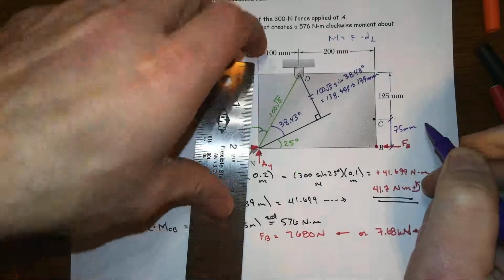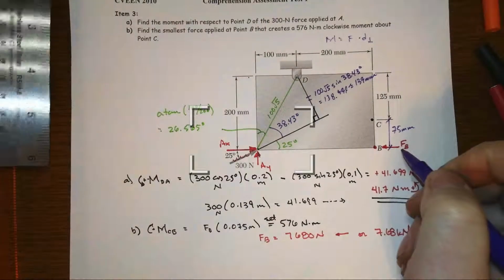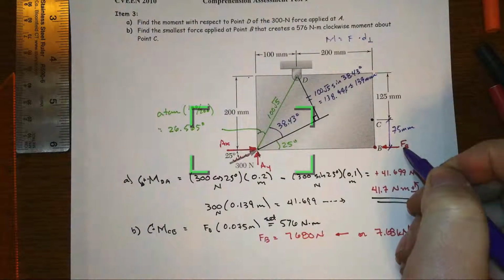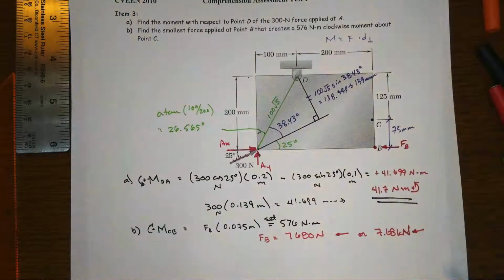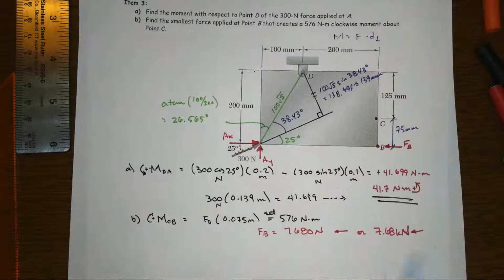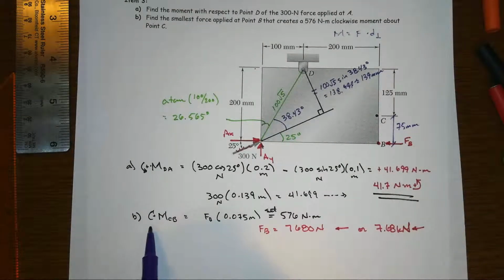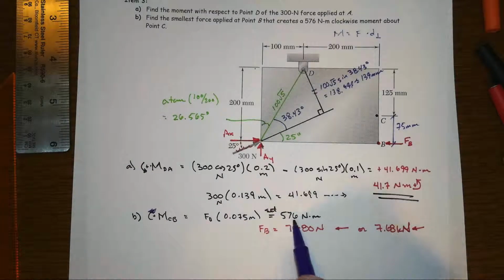millimeter distance between B and C. Any other orientation of the force other than horizontal is going to make that distance smaller, and therefore will make F even larger. Right, and that's why you'll see the work down here that we're going to take clockwise as positive, and so we get F sub B times this moment arm, 0.075 meters, set it equal to 576 Newton